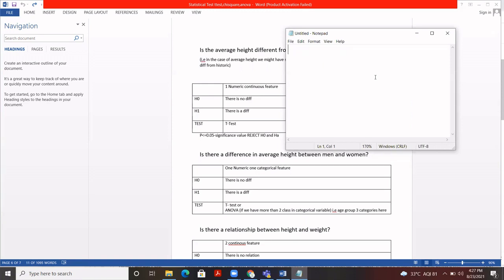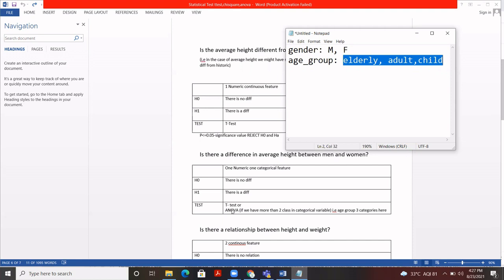For example, here, the gender column has two categories: one is male and the other is female. And let's say that in this problem we have a categorical column, for example, age group, and in this age group we have three categories: elderly, adult, and child. So when we choose the ANOVA test, we require more than two categories under that categorical column. If we required age group in place of gender, we would be using ANOVA in place of a t-test.